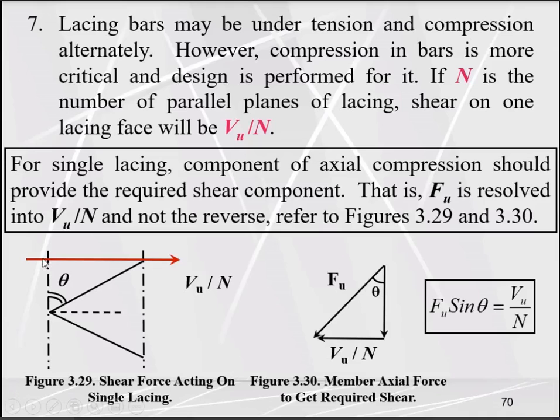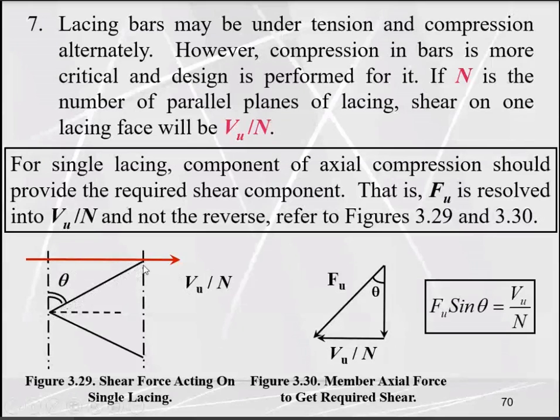We need to resolve this shear force along the length of this member. So it means that we need the force parallel to the lacing member, because we want to design the lacing for compression forces. You can see that if this shear force is acting in the lateral direction, this may be the hypotenuse and this will be the horizontal component of the force. If we know this vertical component, which is equal to Vu, we can determine the force which is